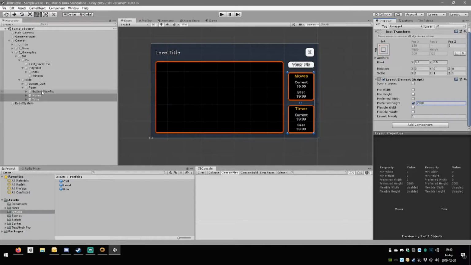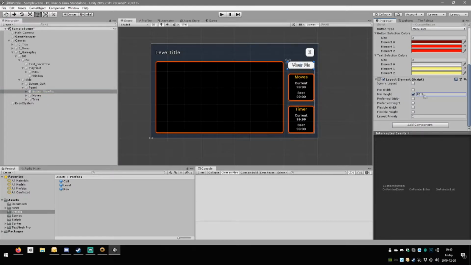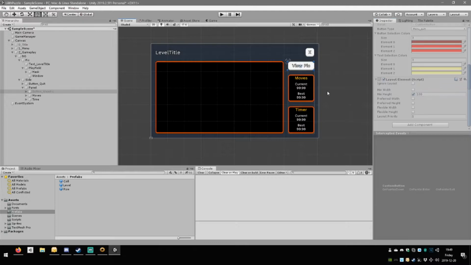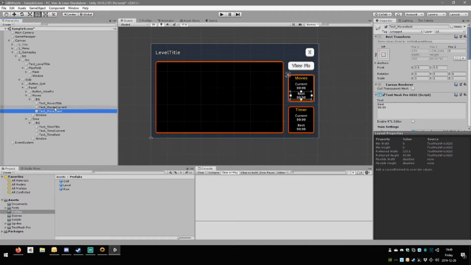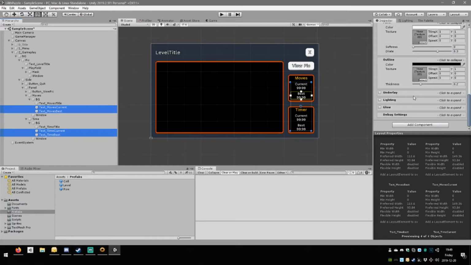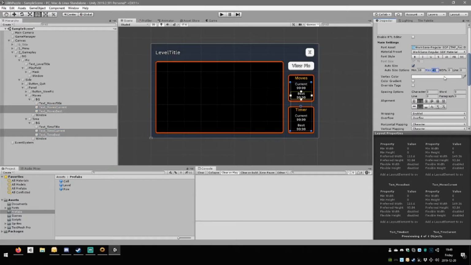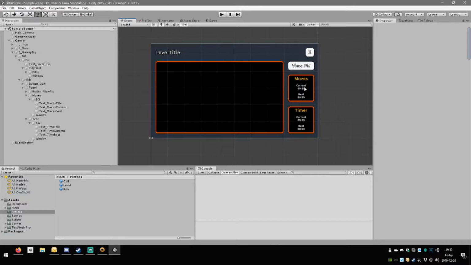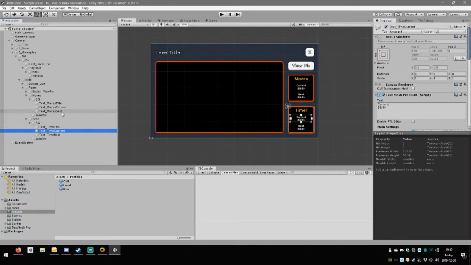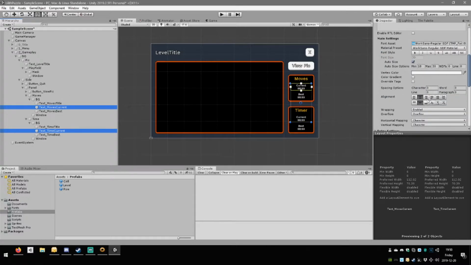And then again, the button view pick. Let's see if we can increase it a bit. 100 seems fine, I think, so it looks the same as the other button. And I think I still want these two texts to be a bit smaller, so let's reduce their size further. 30, there. That's how this looks like, right? Maybe we could say current could be a little bit bigger, so let's grab current to 35. Okay,